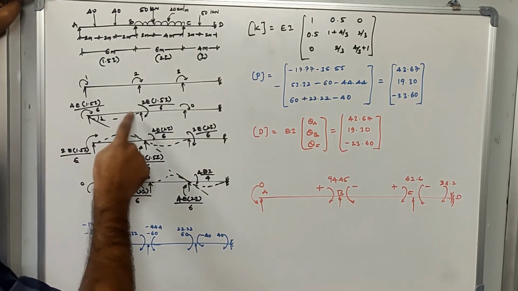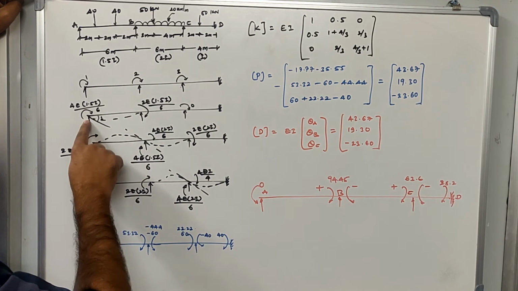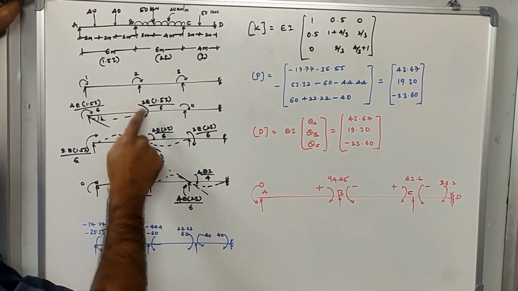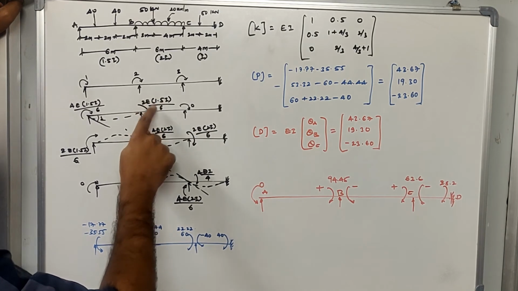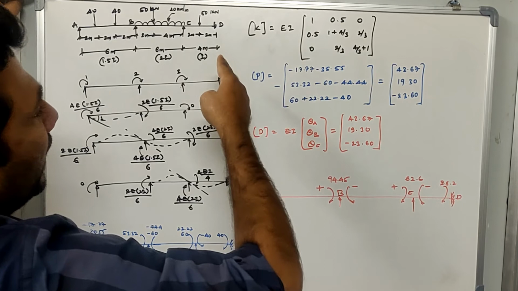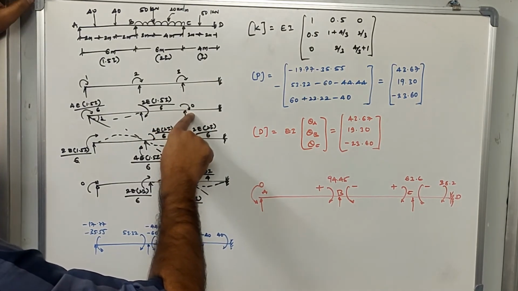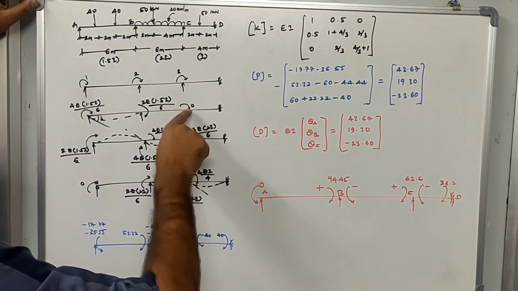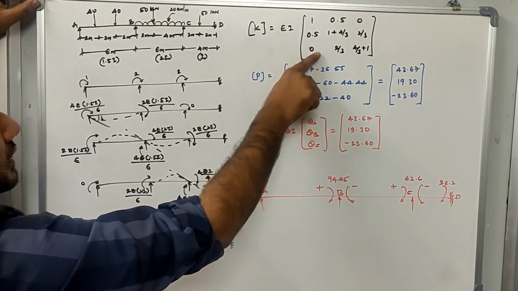Okay. Now similarly, K21 is what? Unit rotation is applied at the first coordinate, and we are trying to see how much is the force that is generated because of that. So it will be 2E into 1.5 divided by 6, which is 0.5, if I take EI common. Now similarly, as we know, at the third coordinate there is no moment that is subjected because of the unit rotation at the first coordinate. So that's why it is 0 here.